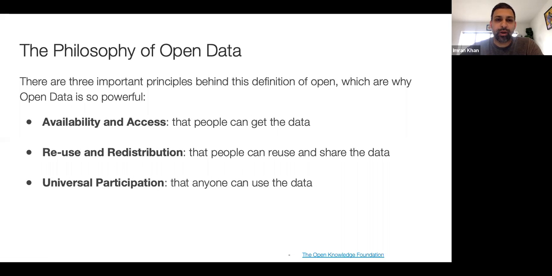So there are three important principles behind the definition of what it means to be open. We alluded to a few of these ideas when we talked about legal and technical openness of data, but availability and access is a principle that is extremely important. This is the idea that people can actually get to the data. So a lot of this hits on the idea of technical openness. Reuse and redistribution is the idea that people can reuse and share the data. So this gets to the idea of legal openness to an extent,